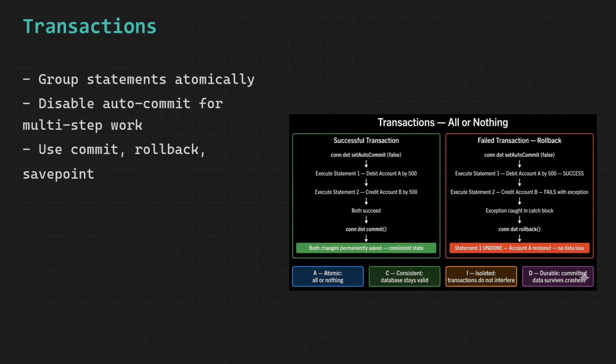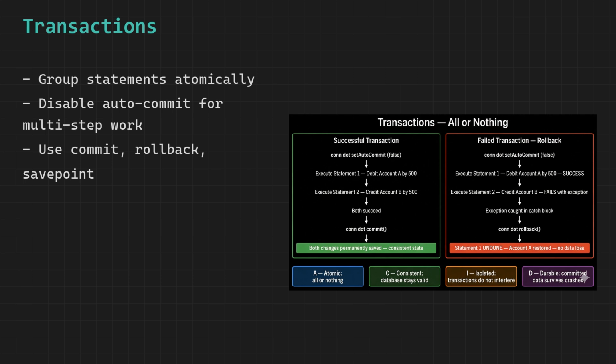If a later part of the transaction fails, you can roll back to the save point, undoing only the work done after the save point, rather than rolling back the entire transaction. This is useful for long transactions where some early work should be preserved even if later work fails. The 4 properties that all transaction-compliant databases guarantee are summarized as ACID: atomic, consistent, isolated, and durable.